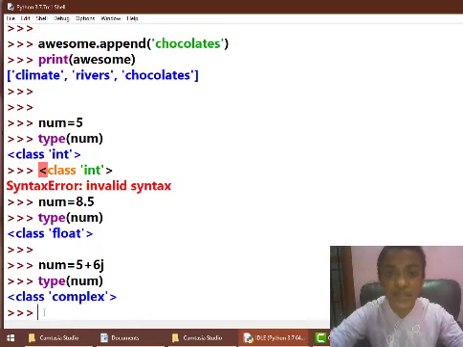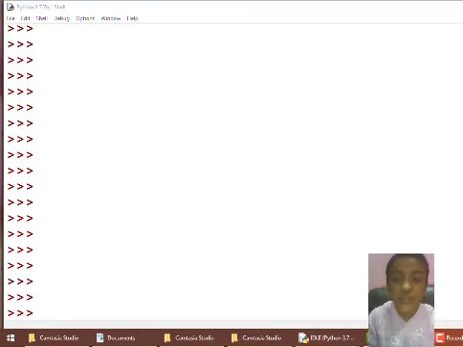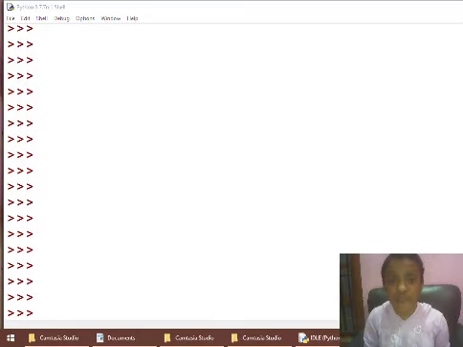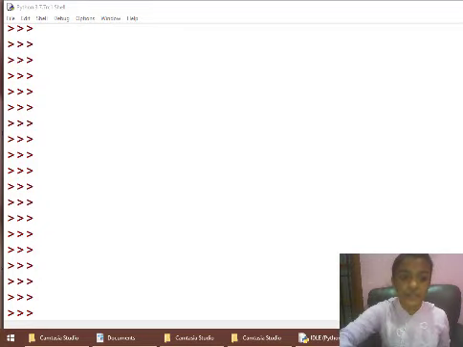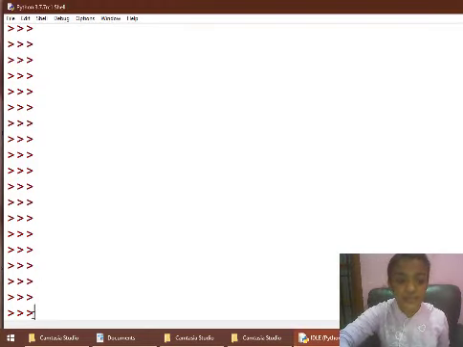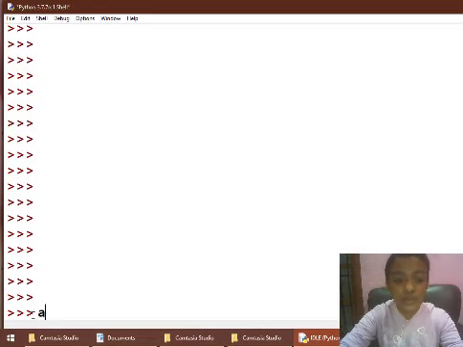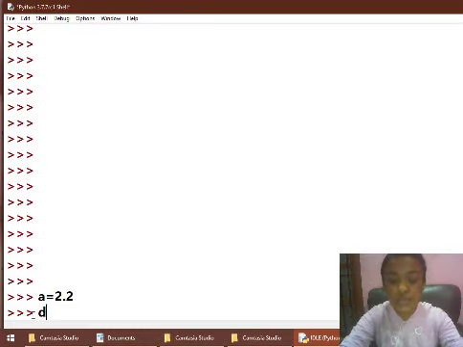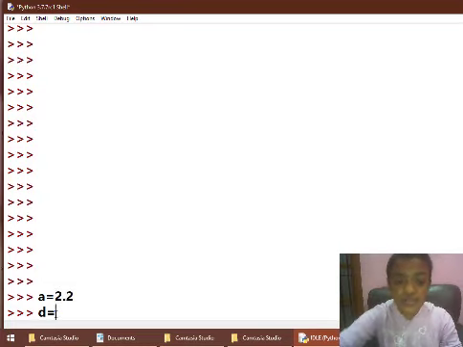Yeah, that's it. So now we can convert these data types, or we can exchange these data types. For example, I can convert a float into an integer or an integer into a float. At first let's convert a floating point value into an integer. I am using a variable a, and I am assigning a value of 2.2 or something like that, and another variable b. Since my aim is to convert this floating point number into an integer, I am using int, and within parentheses I am using the variable a.